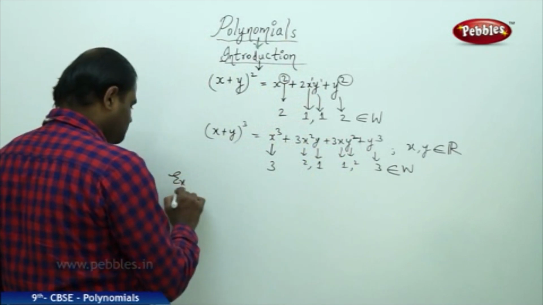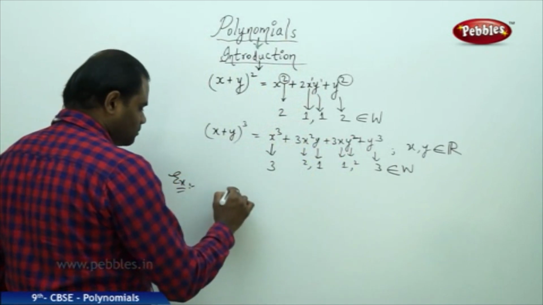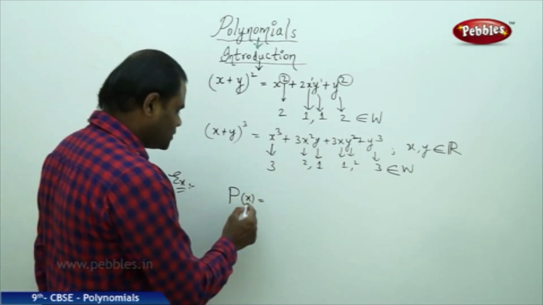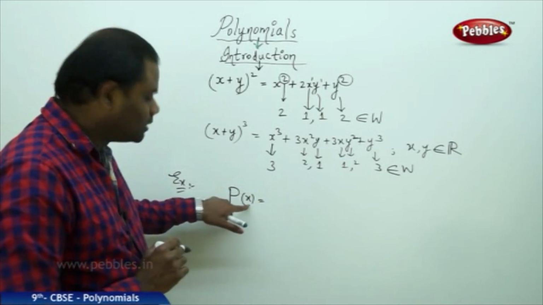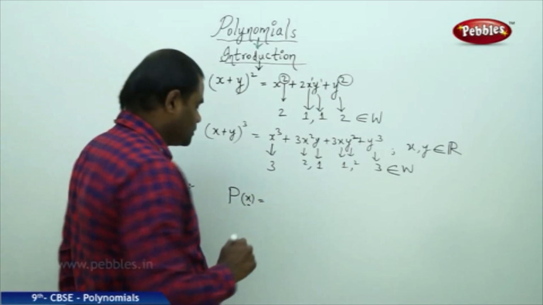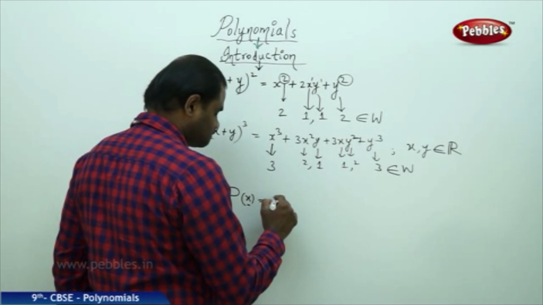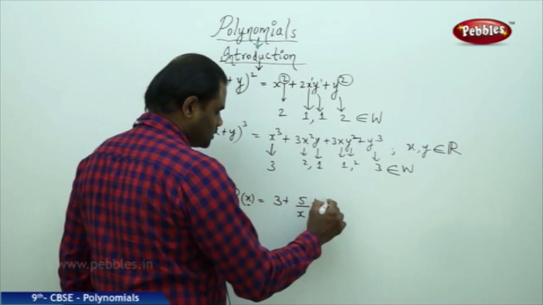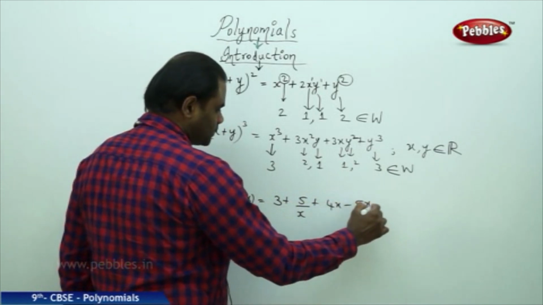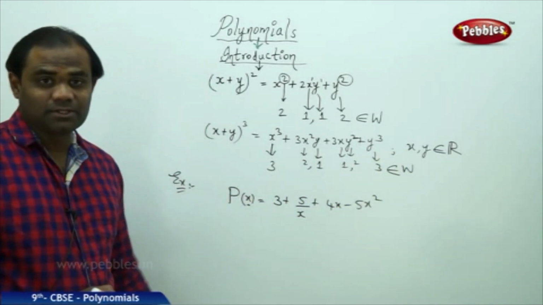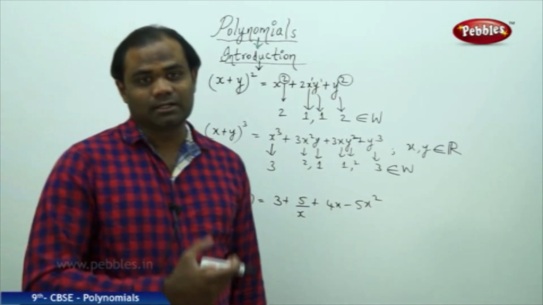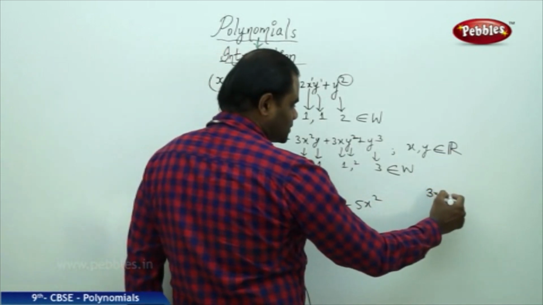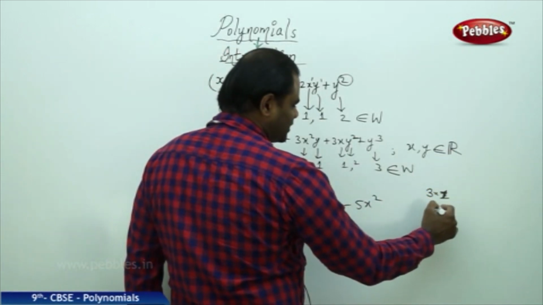For example, I have, say, p of x. I denote the polynomial with, for example, p of x, which indicates a polynomial in variable x belonging to R. Then if I have this to be 3 plus 5 by x plus 4x minus 5x squared, let's see how each of the powers are out here. Now 3, which is a constant, can be written as 3 times 1, which indirectly can be written as